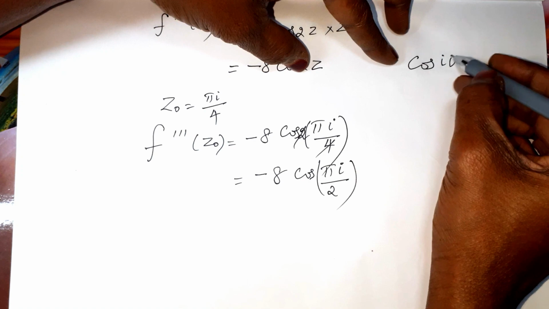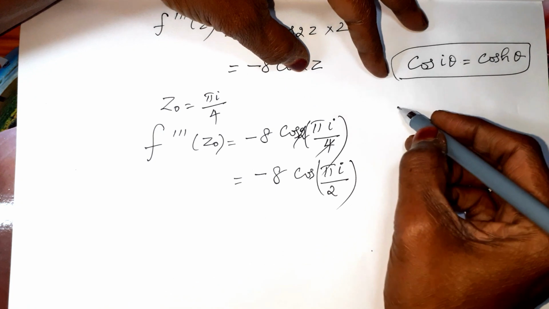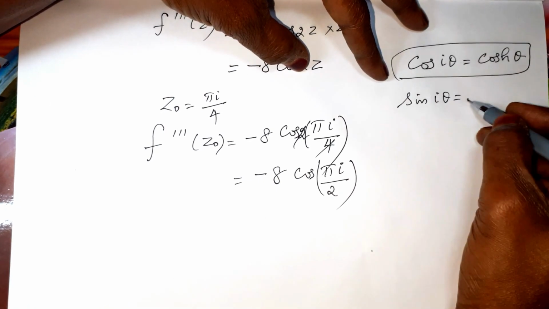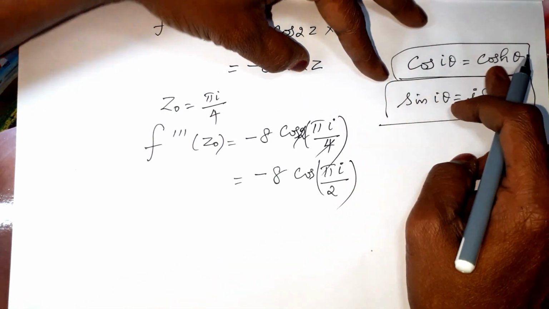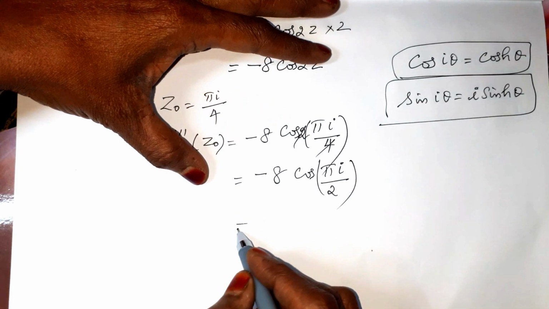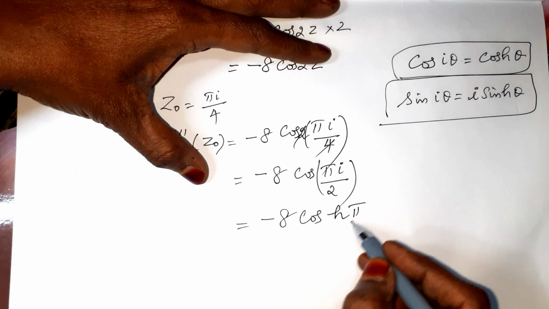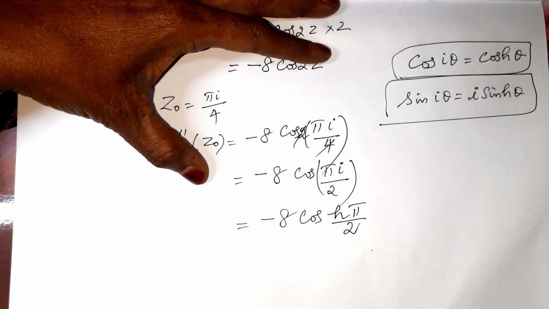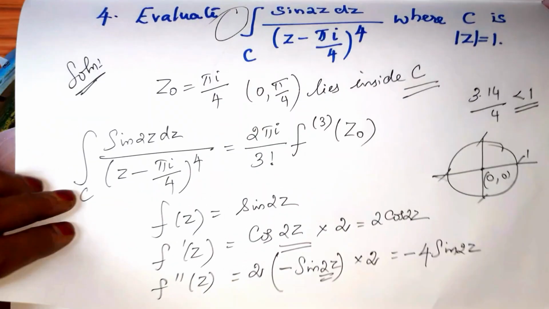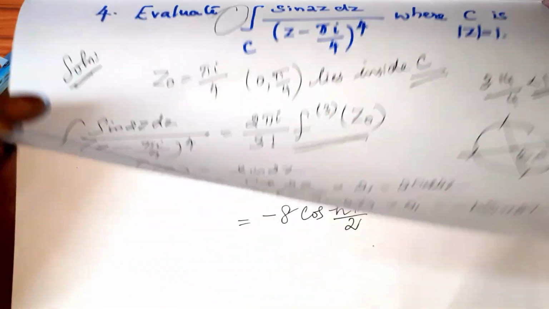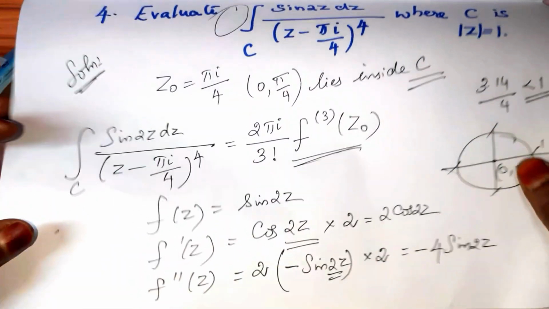What is cos i theta? It is cosh theta. sin i theta is equal to i sinh theta, and cos i theta is equal to cosh theta. So this can be written as minus 8 cosh pi by 2. Right? So this we have to substitute here. This one alone we got as minus 8 cosh pi by 2. So the final answer is,